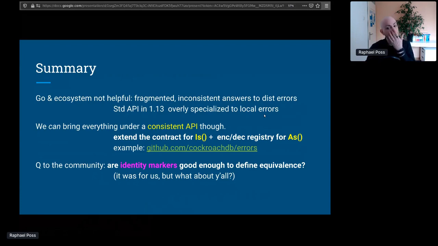And that is extending, for example, the semantics of the errors.Is and As functions to tolerate errors that come from somewhere else. The way we did this in this particular approach was to use identity markers that combine types and messages, and can sometimes be customized, to extend that behavior. And then the question we have is that even though it was good enough for CockroachDB, whether it would be good enough for more people, and how much we could push to have that generalized to other cases.